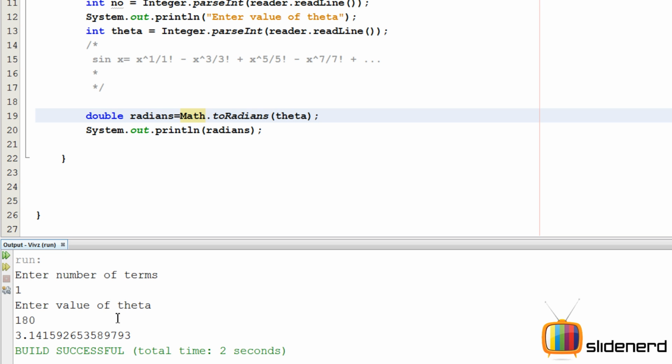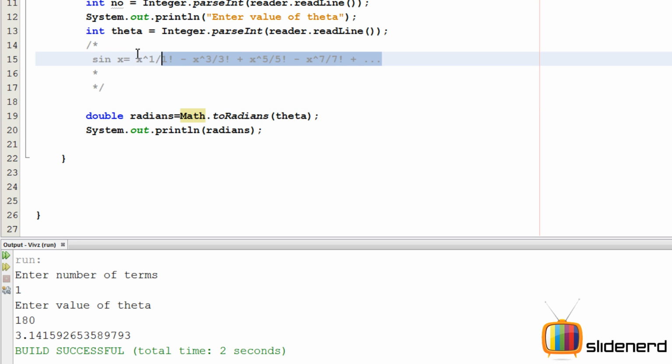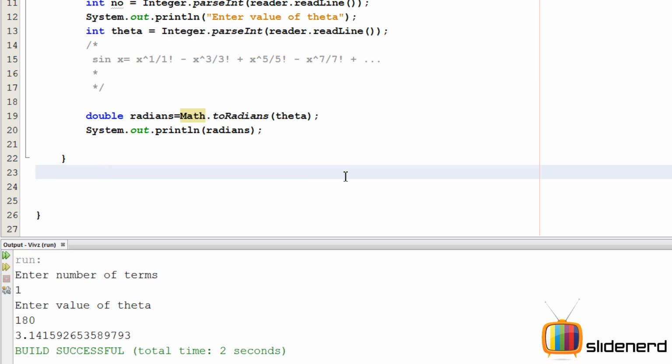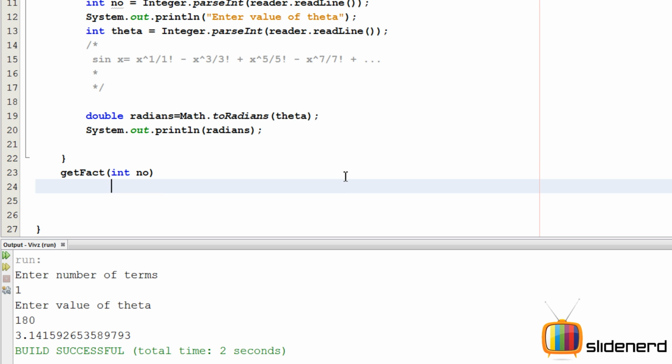So now the part comes where we are going to talk about the factorial. The first thing, if you guys see over here, there's 1 factorial, there's 3 factorial. So we need an assistant who can do the work of calculating the factorial for us. Otherwise this is going to be very complicated when you put all these things in one place. So let me say getFactorial is the name of our assistant. He's going to say, hey dude, fine, I'll calculate the factorial, but where is the number? So you have to give him the number, right?